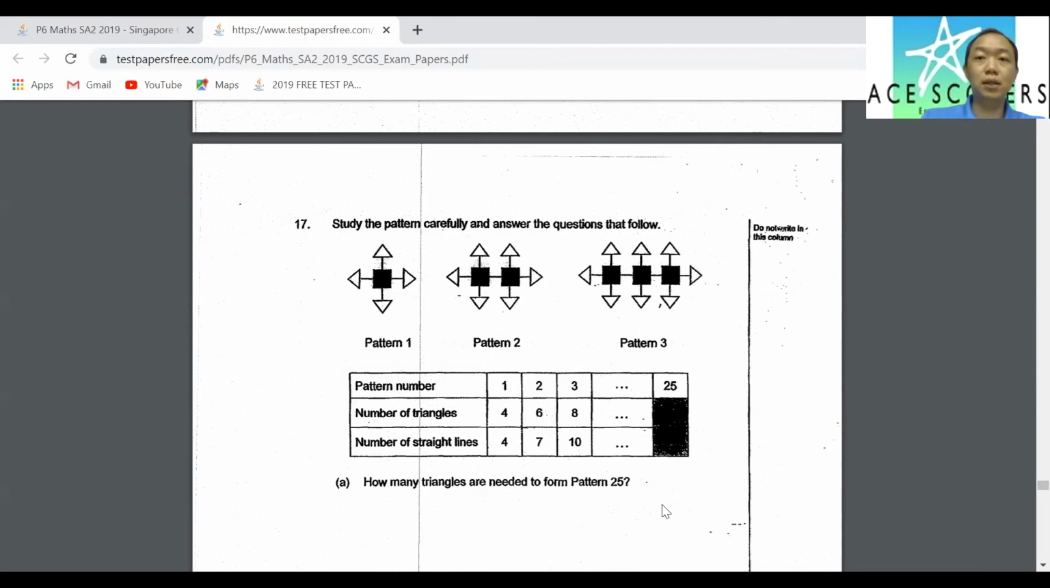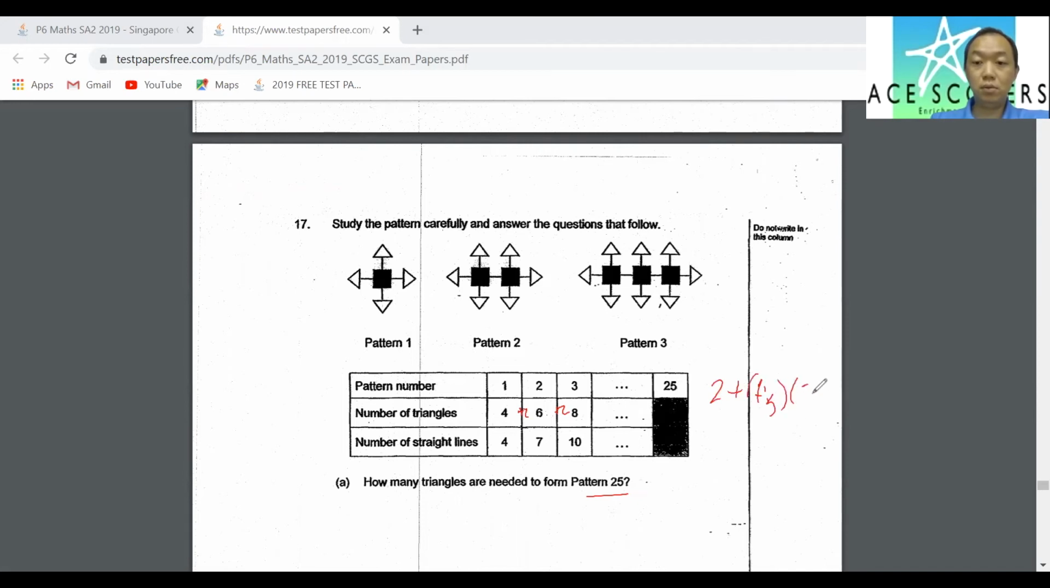Here, just keep adding 2, yeah? So plus 2 plus 2, right? So you keep adding 2, you will get that number. How many triangles for pattern 25? So 2 plus figure number